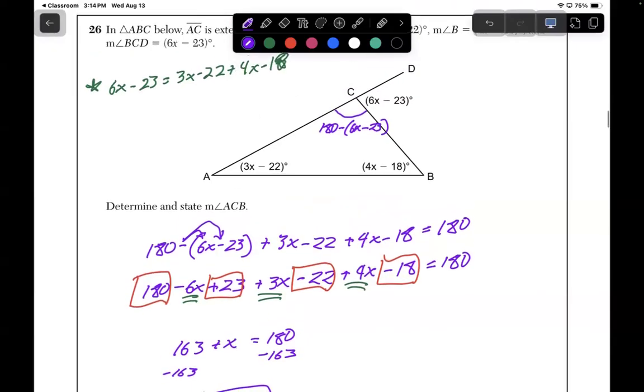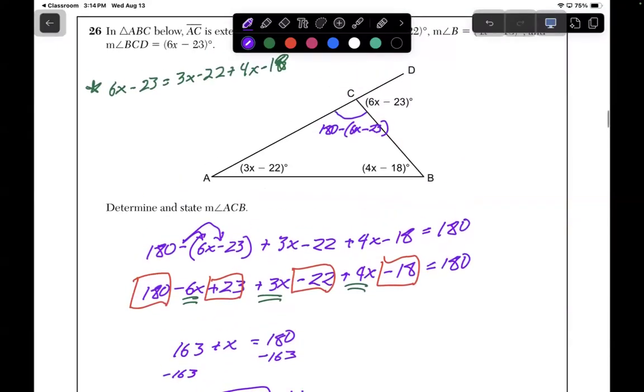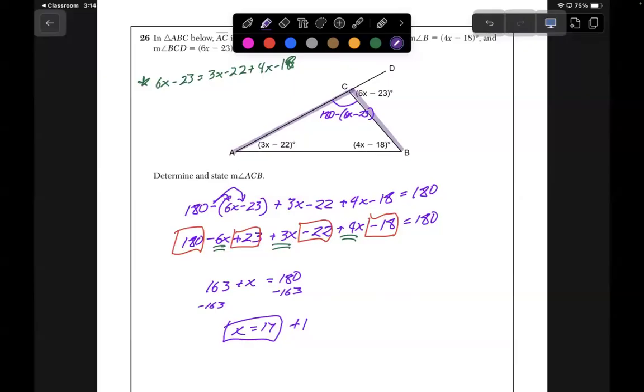So I need to find the measure of ACB. So if you found x is 17, you got 1 point. But we actually need to find the measure of angle ACB. So I just need to plug that in, right? So it's 180 minus, in parentheses, 6 times 17 minus 23,